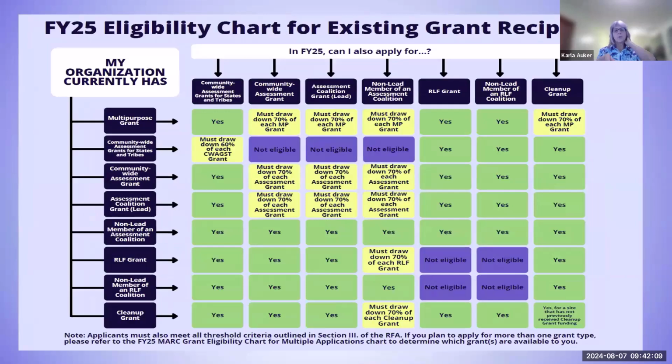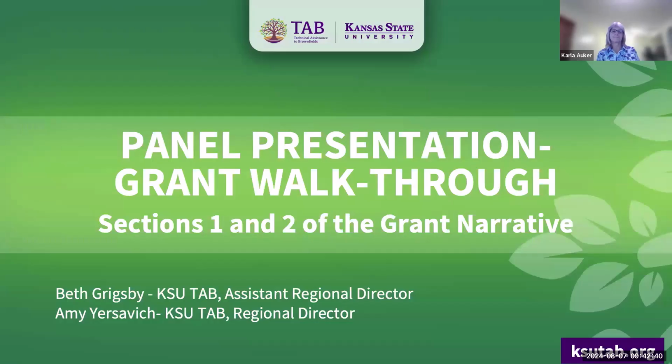And the next slide, please. The first slide was for people who don't have any brownfields grants right now. And this slide is for people who have open grants with US EPA. These charts will be available on the FAQ webpage link, and I'm 99% sure they're going to actually be in the proposal guidelines as well. So they'll be available to you. I just wanted to make sure you knew that these were available. Next slide. And I'm done. Thank you.